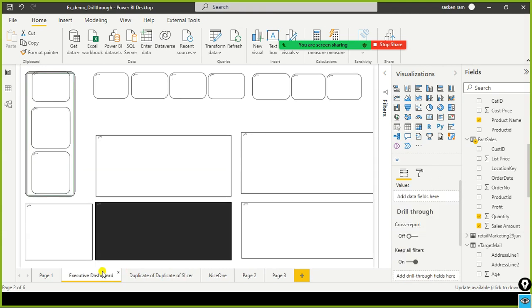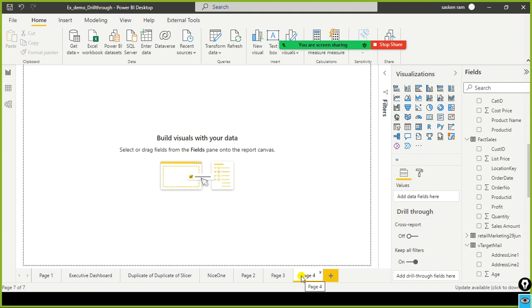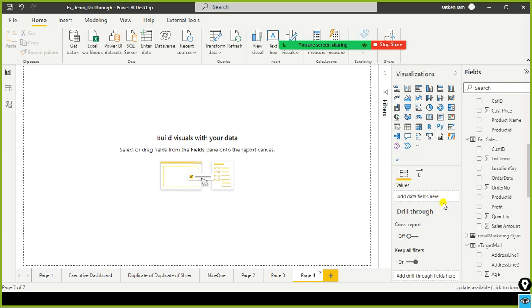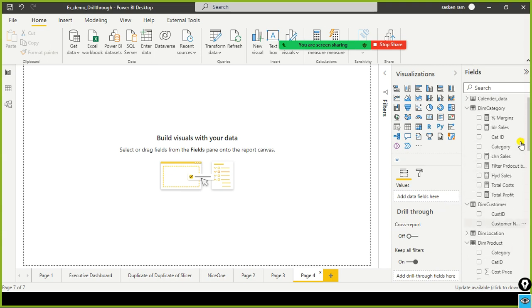Drill through allows users to navigate to different pages within a report. For example, you have another page, and there you can have some more detail. Let's say in this page I'm going to create another drill through for location.